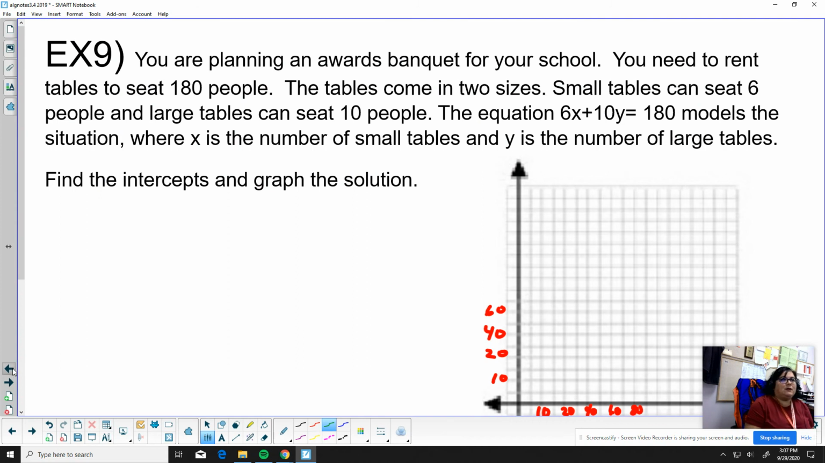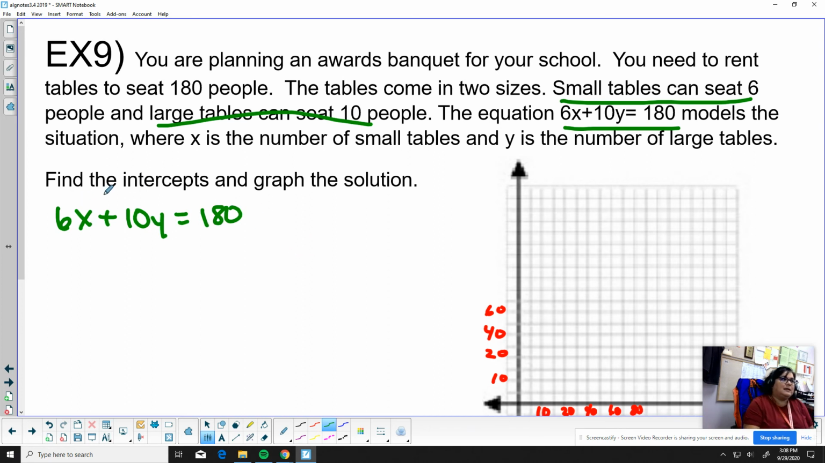All right, since you're planning an awards banquet for your school, you need to rent tables to seat 180 people. The tables come in 2 sizes. Small tables can seat 6 people, and large tables can seat 10 people. And here's the equation. 6x plus 10y equals 180. It says to find the